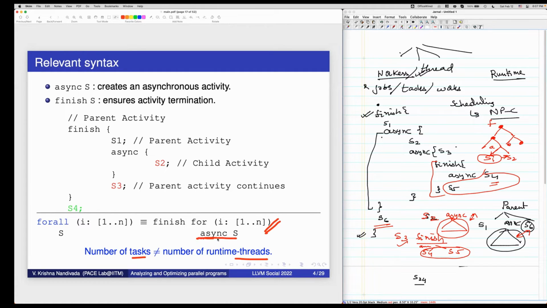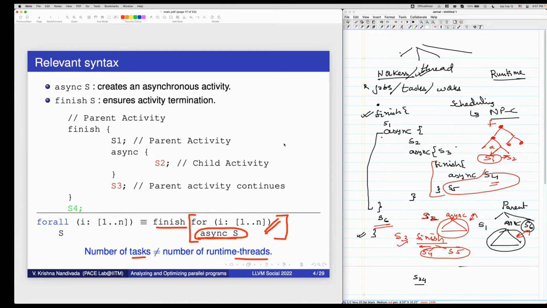If you look at it, in iteration 1, one async is created. It will run in parallel with iteration 2's async, iteration 3's async, and so on. And this finish covers the whole block.